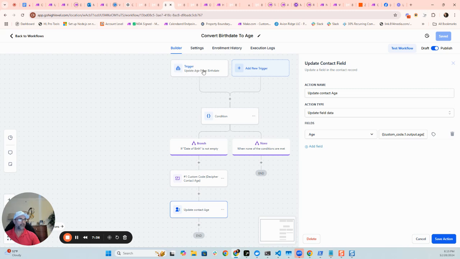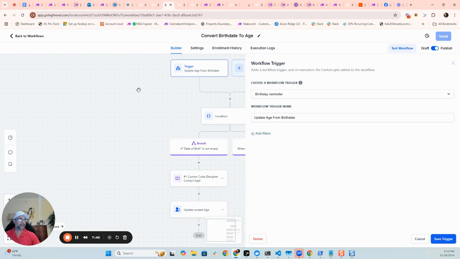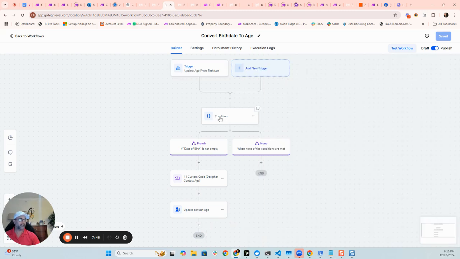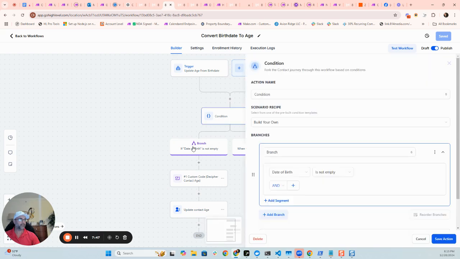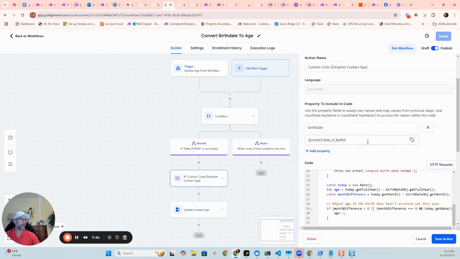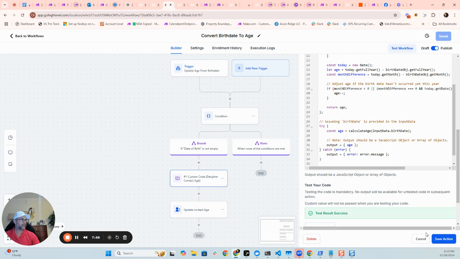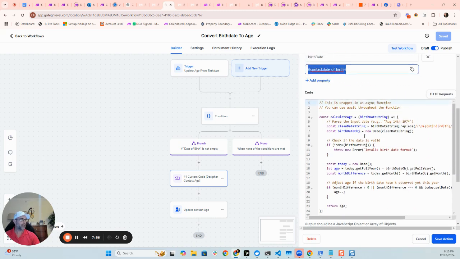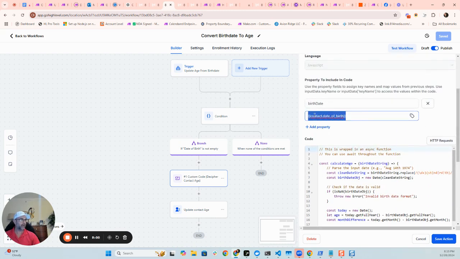And just watch the video. You can very easily set this up from start to finish by selecting the trigger, birthday reminder, and watching the video, basically with the condition, if the birthday exists. And here's the custom code that we walk you through. Just putting this in, the code. Oh, one more thing. You'll have to actually take this out first and just type in